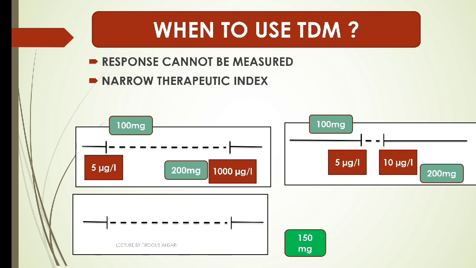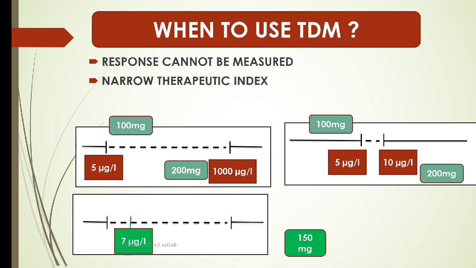We are giving a drug at a dose of around 150 mg to one individual, and that individual is showing a plasma concentration of the drug of about 7 microgram per liter. Now for 10 people you give the same 150 mg of the drug, and in all those 10 people the plasma concentration of the drug appears to be 7 microgram per liter. Now the same dose of 150 mg you give to nearly 100 people, and all those 100 people are showing a plasma concentration of 7 microgram per liter.